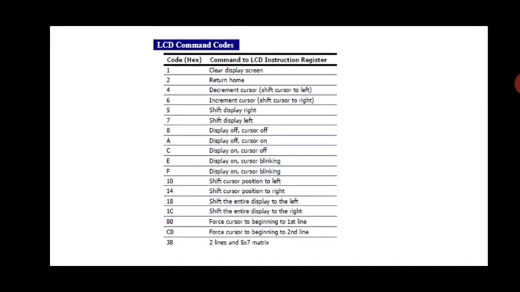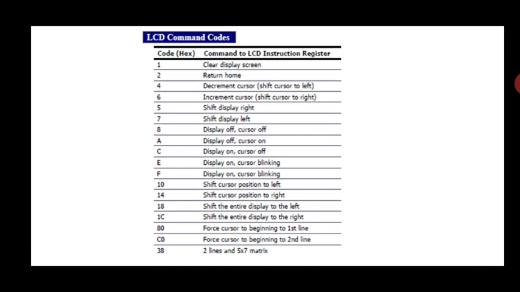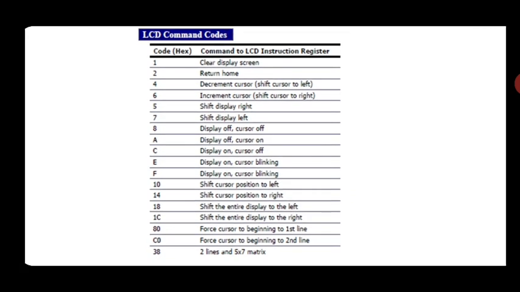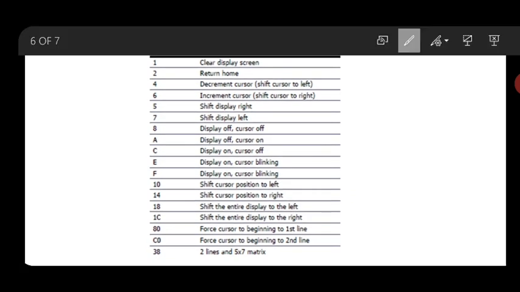Now these are the particular commands used for LCD operation. As I discussed, if RS is equal to 0 and the command we send is 01, it clears the display screen, provided RS is 0.